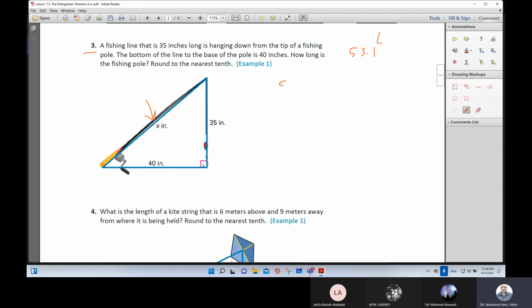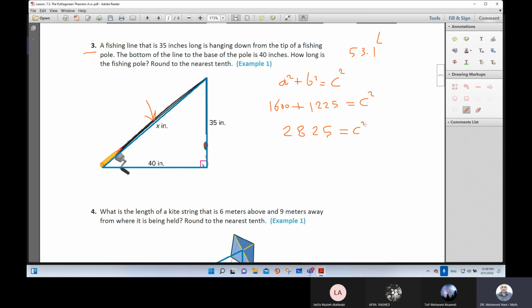Listen please here. A squared plus B squared equals C squared. This is the Pythagorean theorem. What is the value of A? 40. 40 squared means 40 times 40, which is 1,600. What is the value of B squared? 35 squared means 35 times 35, which will be 1,225. Equals C squared. Add the two numbers here. The answer will be 2,825